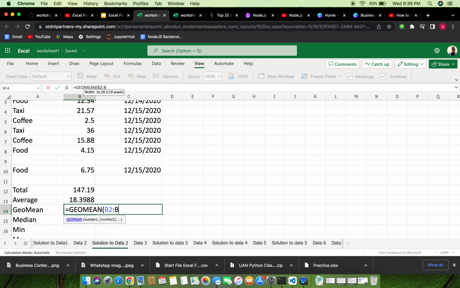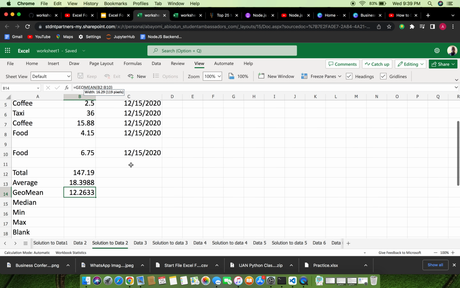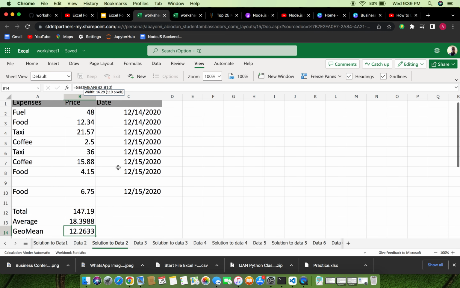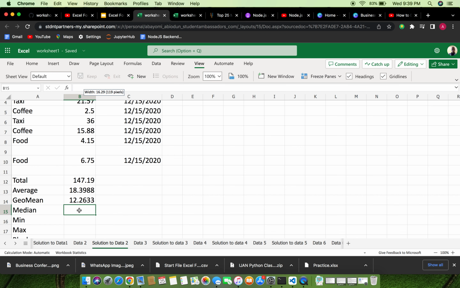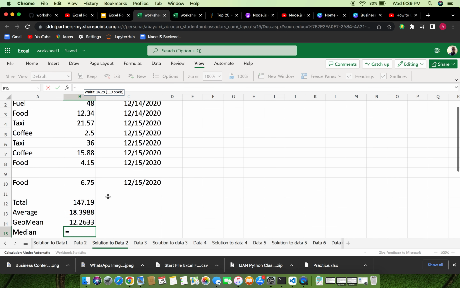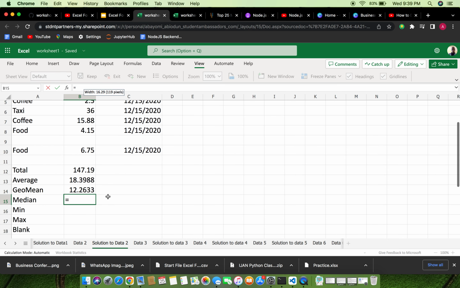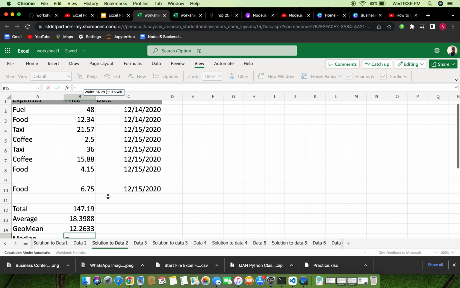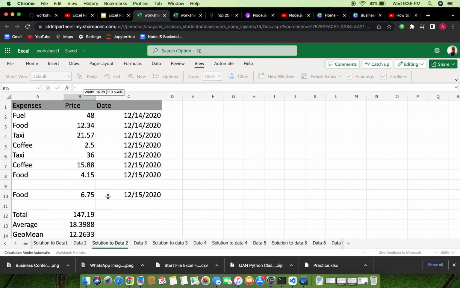I already know that my range is from B2 to B10. So if I click on enter, it's going to give me the mean for this price, which is 12.2633. Then checking for the minimum price, that is to check through my expenses and find the one that has the minimum price,